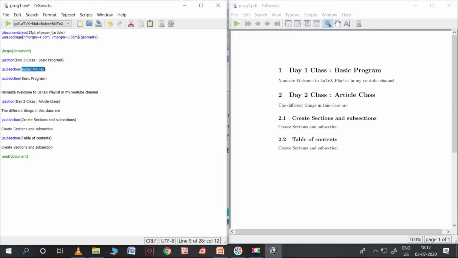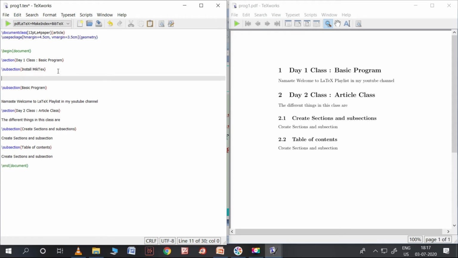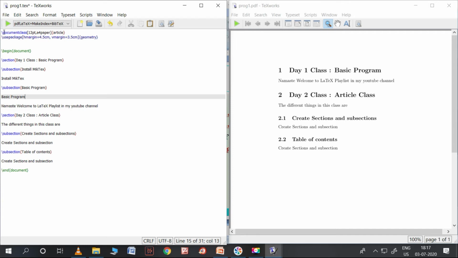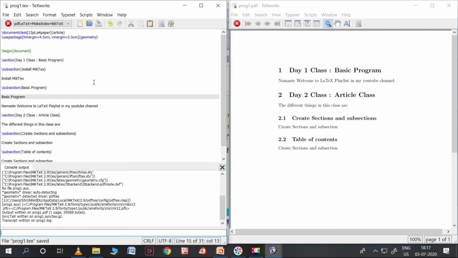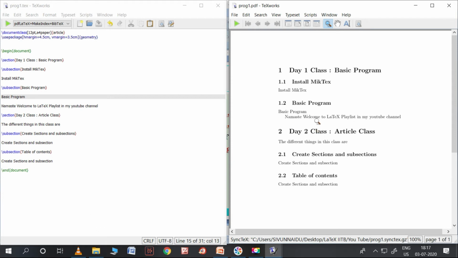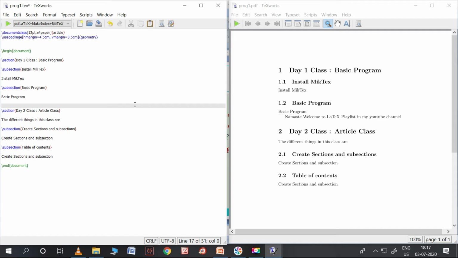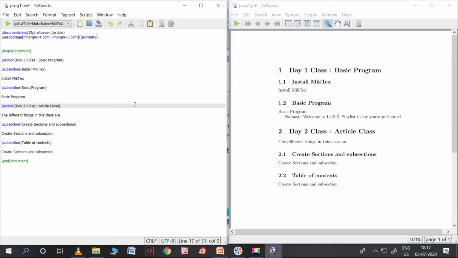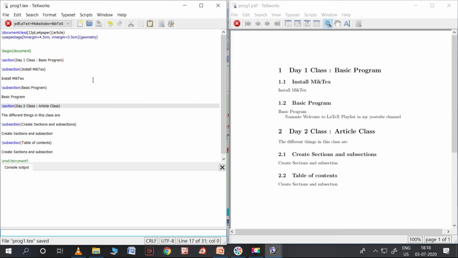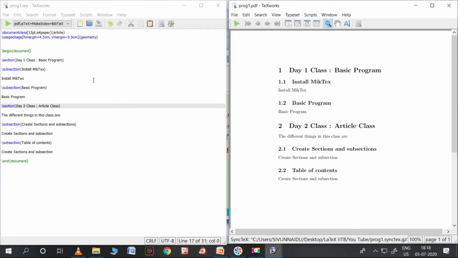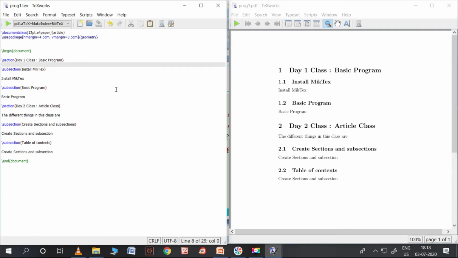Let me have the same thing as the name, and let me remove this part. Yeah, this is how we need to create sections and subsections. It's very easy.